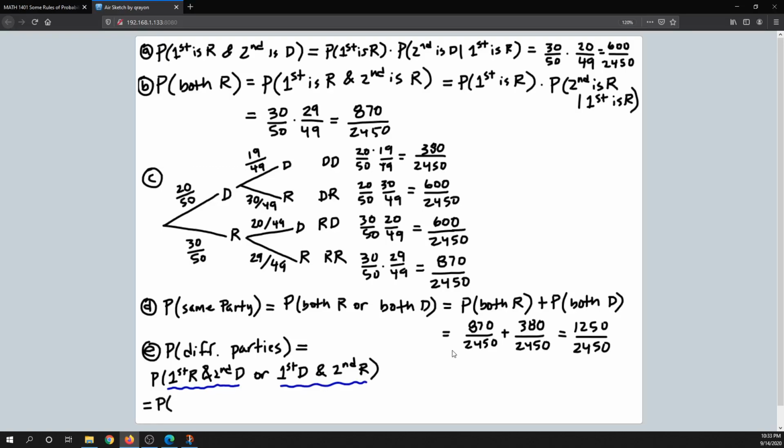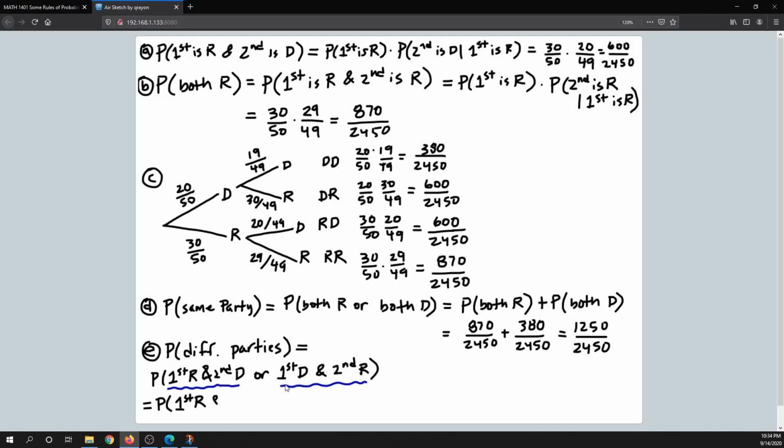What we would do is ask ourselves, we need to calculate the OR of those two. So we need to ask ourselves, are these two events on either side of the OR mutually exclusive? And the answer is yes, they are. And just ask yourself, is it possible that the first governor drawn is Republican and the second is a Democrat? If that happens, is it also possible that the first governor drawn is a Democrat and the second is Republican? And the answer is no. Those two things can't happen with the same outcome. Because if the first governor picked is Republican, that means they're not a Democrat. And so those two can't happen. So these two events are mutually exclusive. And I can